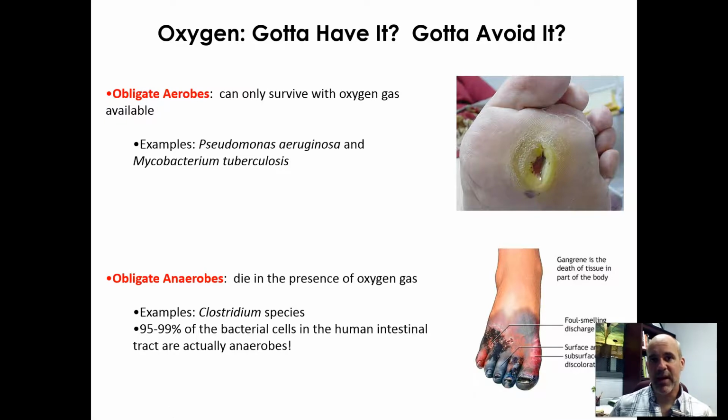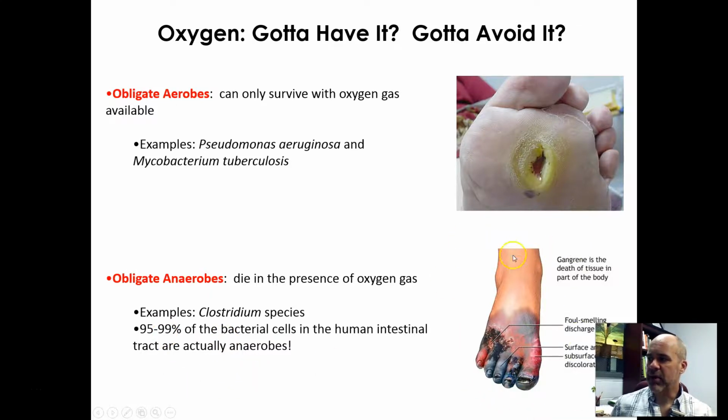Most parts of your body are heavily perfused with oxygen gas because your cells need that oxygen gas to be able to do cellular respiration and survive. So there are not very many areas in the human body that are anaerobic environments. Your intestinal tract, though, is. When you get down in the colon along that inner lining, that's an anaerobic environment. In fact, the majority of your intestinal bacteria are anaerobes.